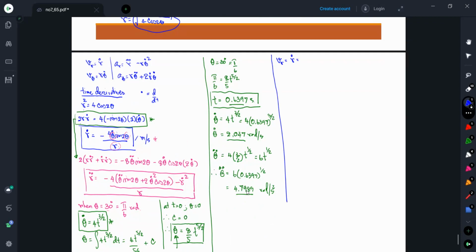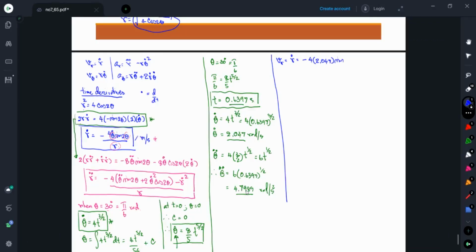So R dot is what? R dot is equal to, we already derived, minus 4 theta dot, and we already know theta dot is 2.047, sine